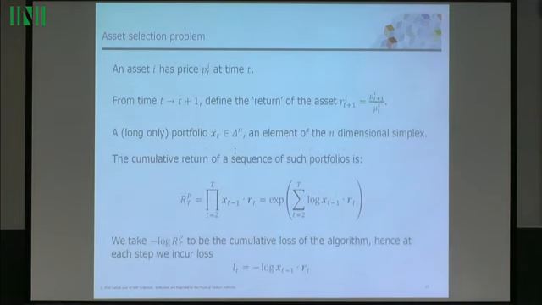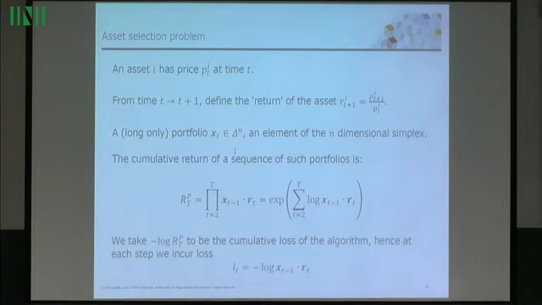So now I'll just introduce the setting in which we'll see an example, which is the asset selection. So we assume that we have some basket of n assets, and an asset is a thing which has a price, and prices we assume to always be positive. So this is the no junk bond assumption. And so for every time t, and over every interval t to t plus 1, we can define a return, which is just the ratio of the prices. And then what we want to do is choose some long only, I'm saying, so we're not shorting assets here, some portfolio from the probability simplex,